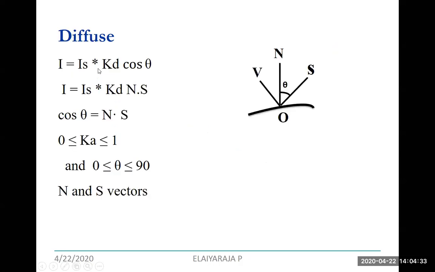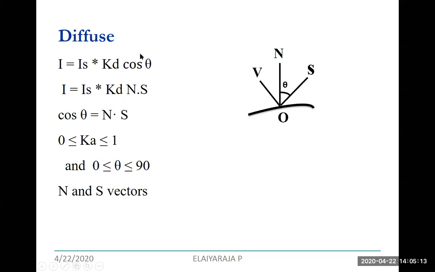Okay, and with respect to diffuse, where the source of the light touches the particular object surface, it diffuses there itself, and from the viewer's point, when it hits the particular surface, you check your normalized vector value, that will be calculated as theta. So the intensity of diffuse is equal to the surface intensity multiplied with the diffuse coefficient into cos theta.